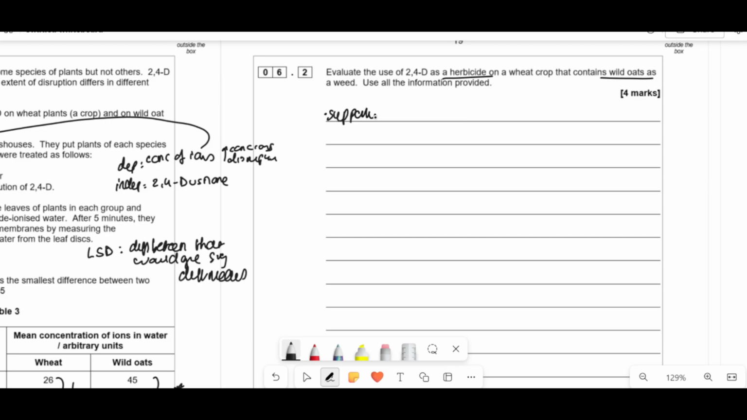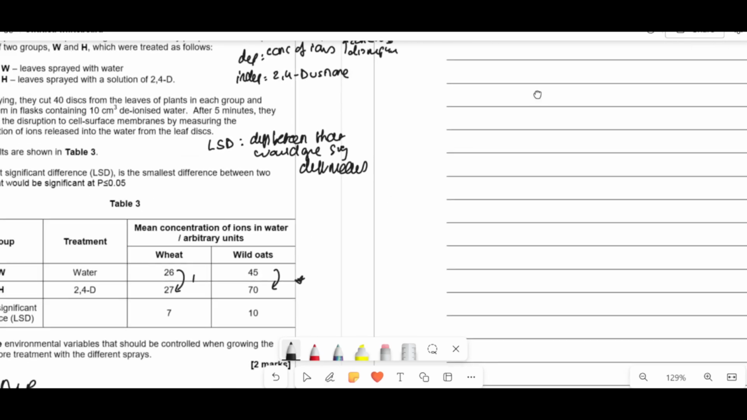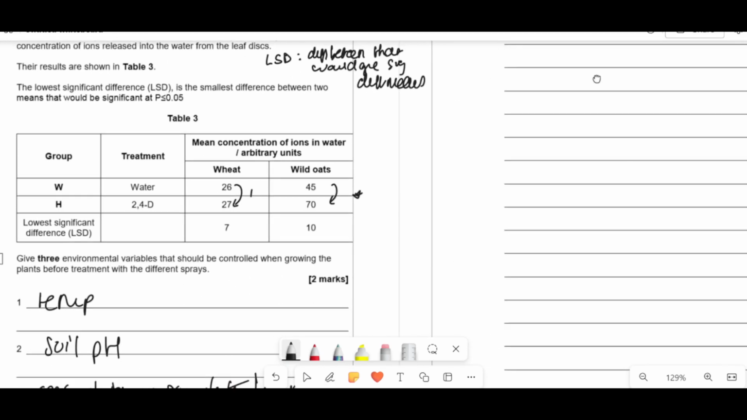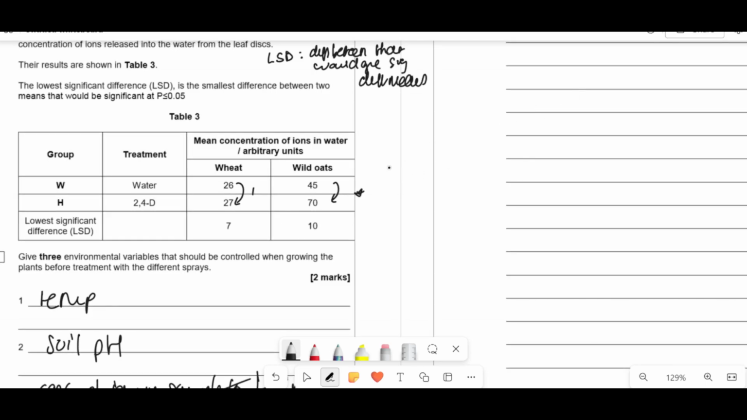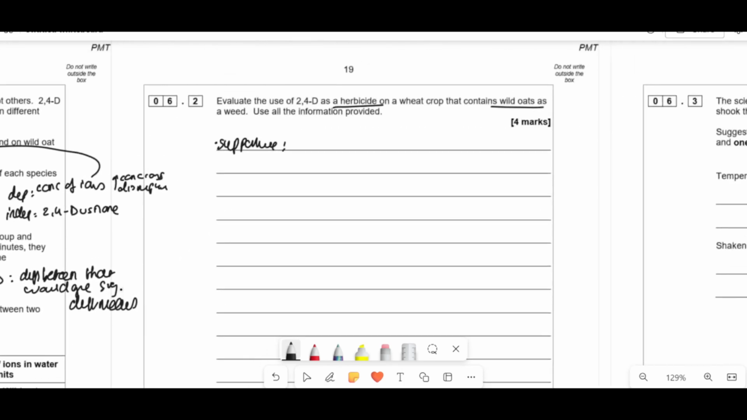So supportive statements, well, if we look at wheat, and it has oats as a weed, so these are the wheat crops, and you can see there's your wheat crops, and there's your wild oats. Well, first of all, if you put the 2,4-D on wheat, there doesn't seem to be much of a change, so it doesn't really seem to be destroying or killing or disrupting it, so that's a good thing, because we don't want it to do that to the wheat. But with the wild oats, it is, and there's a significant difference in these two as well. So the first thing you can say is, well,